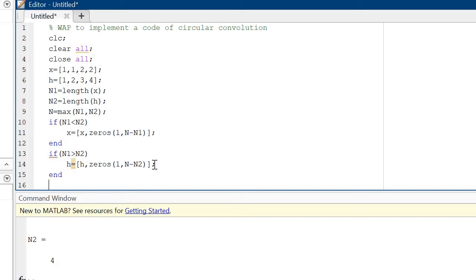and after that take an output variable, that is y, and write it in the form of zeros.